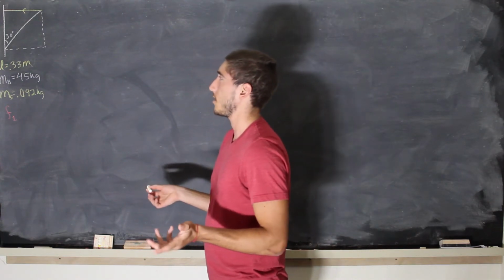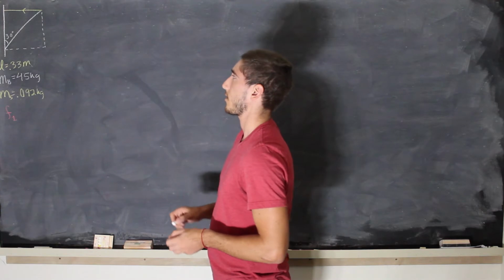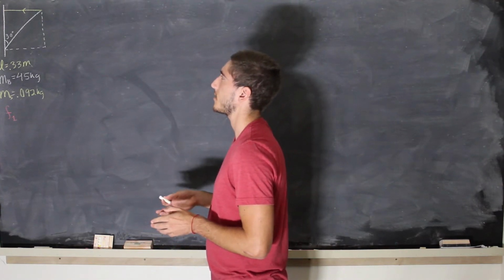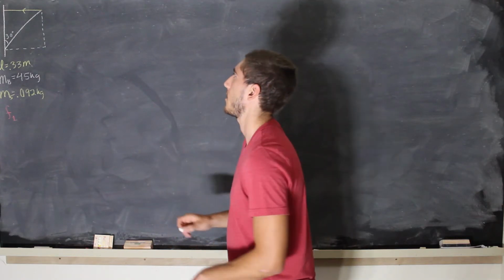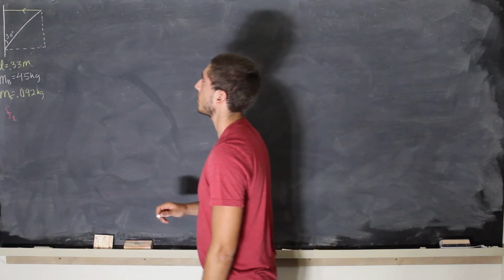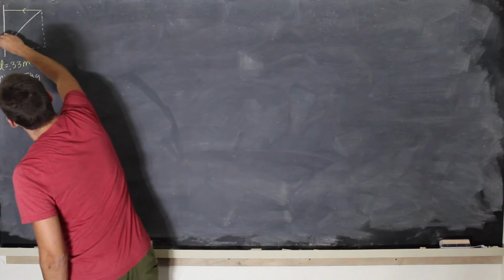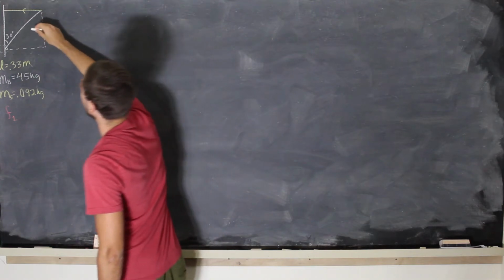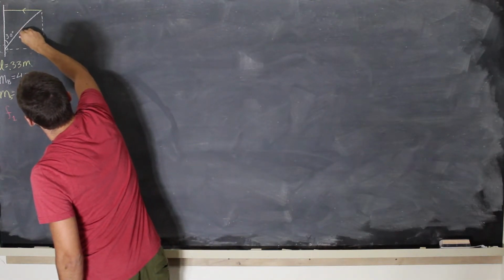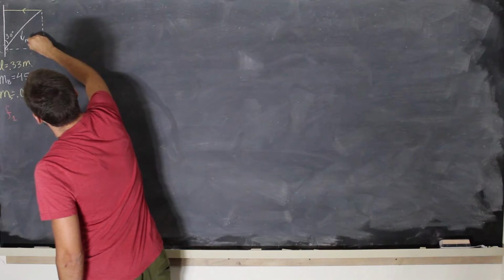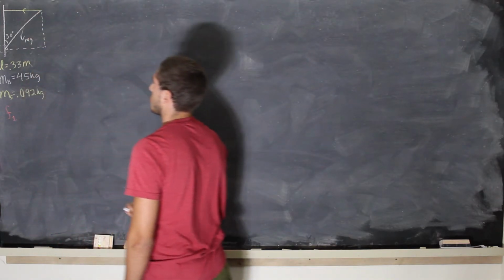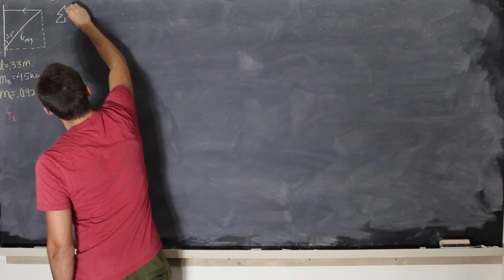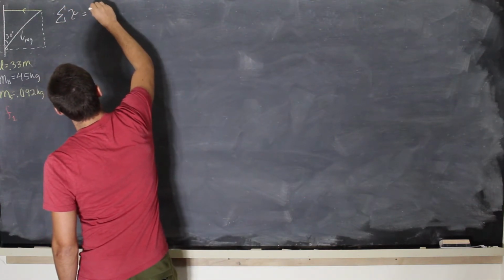And in this case, we can't just use normal vectors. It's not static in a way. I mean, it's not moving, but there are torques that we're going to have to add up here to solve for the tension. Okay, so if we use this end here as a hinge, then we're going to have the mass gravity at the center of the bar, and we're going to have the torque of the string at the very end. So the sum of our torques is going to be equal to